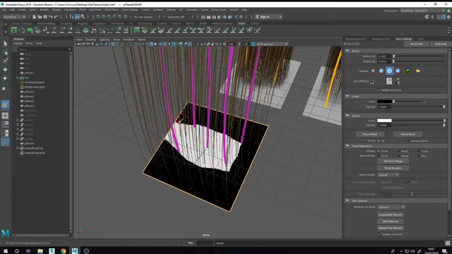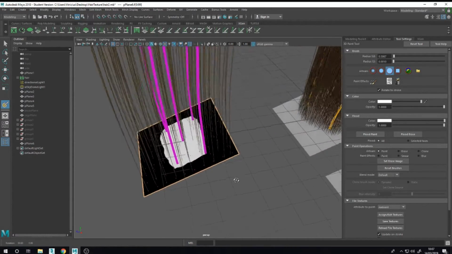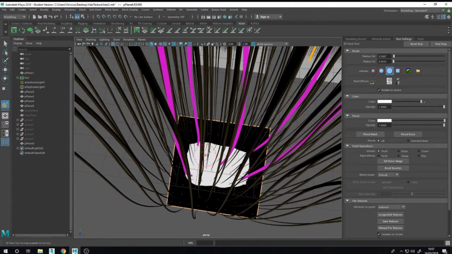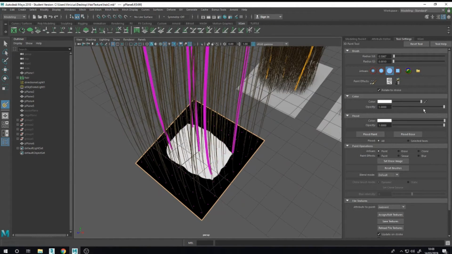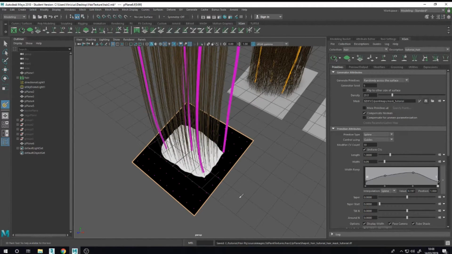It doesn't need to be perfect because it's hair, you know. I think it's good. Save and save.